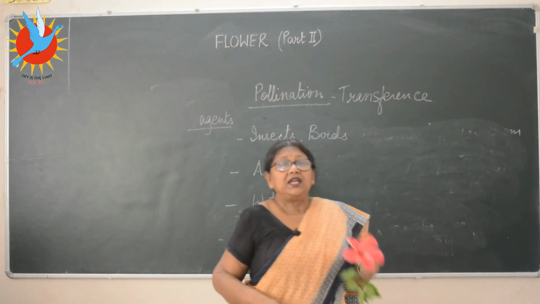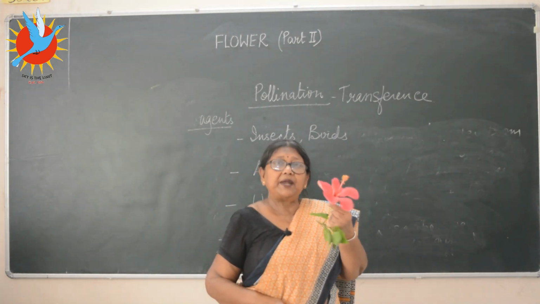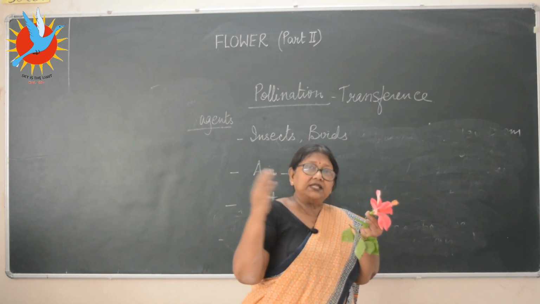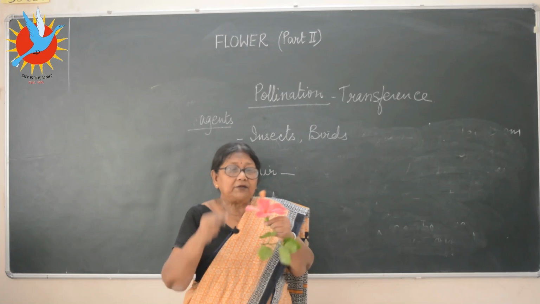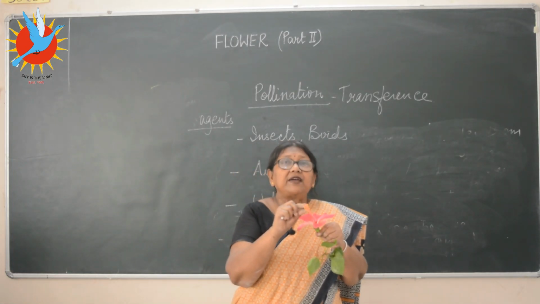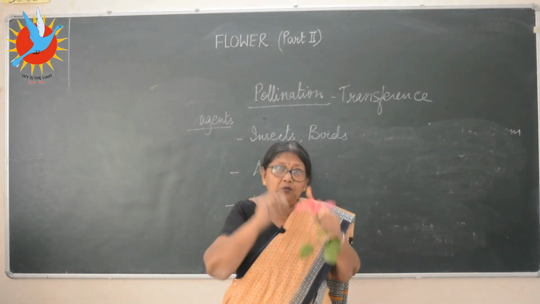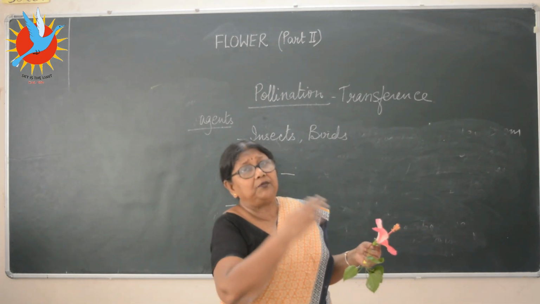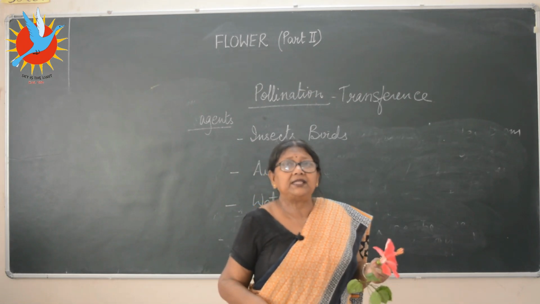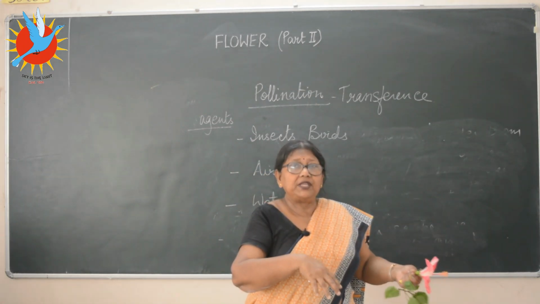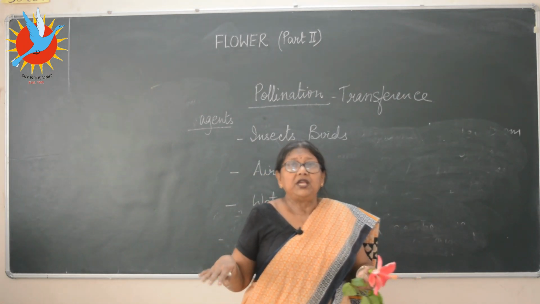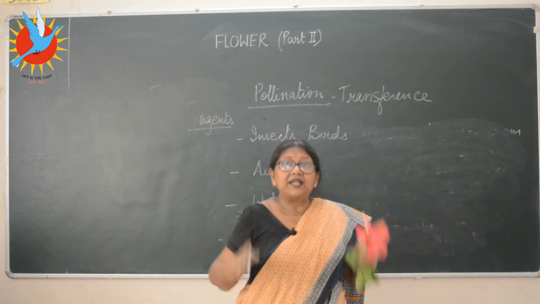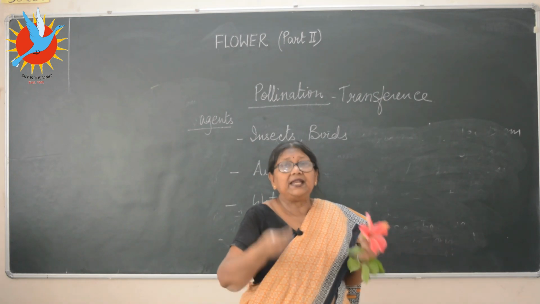For this agent, do the flowers have to be colorful, bright and big? No. Why? Because the pollen is carried by the wind. They are pollinated by the wind. So the most important thing is that pollen grains have to be very light, small, and plenty in number. Why? Because as they are carried by the wind from one plant to the other, many of them will drop off. They might not get the proper stigma to grow on. So there must be an abundance, plenty, tiny and light.